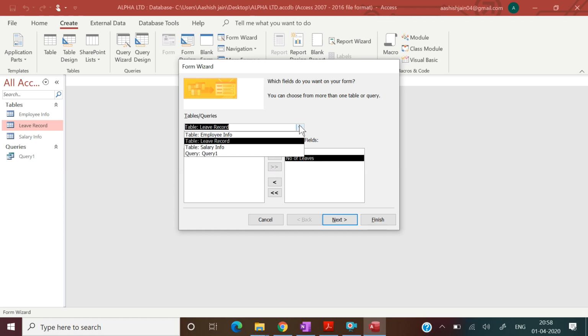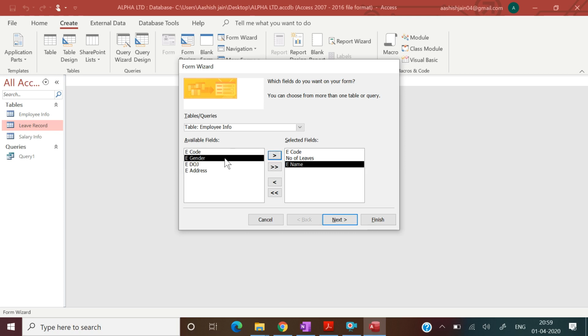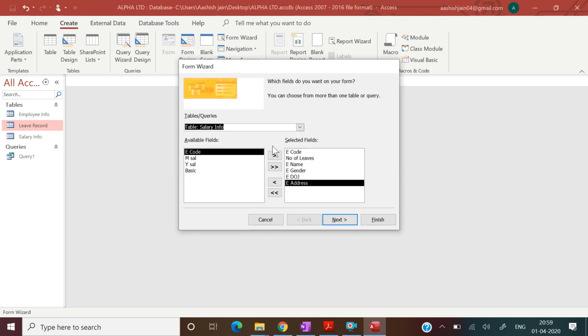Okay, now select another table, that is employee information. Now here we got e-code, e-name, gender, date of joining, and e-address. Now as you can see, employee code is already there, so we just select one by one except e-code, because e-code is already over there. Now we need to select salary information except e-code.